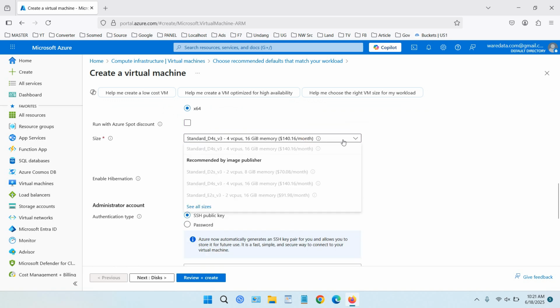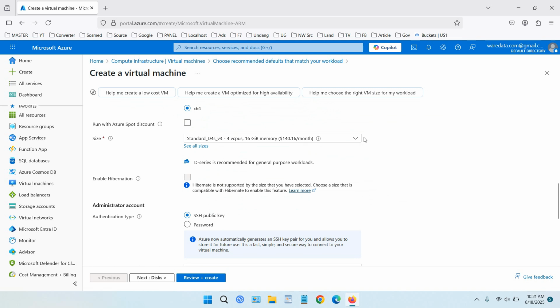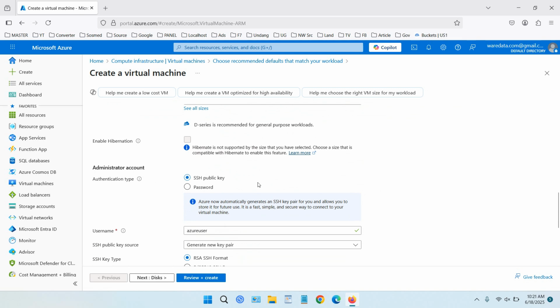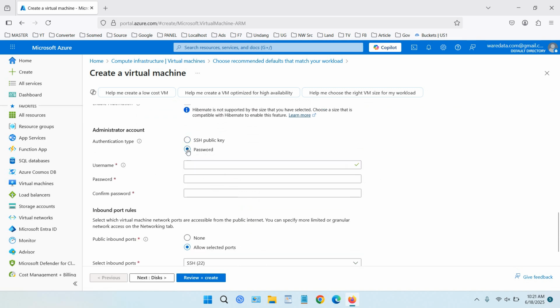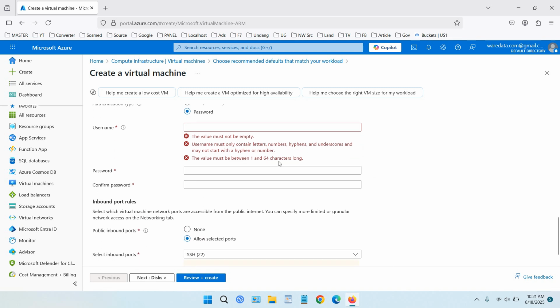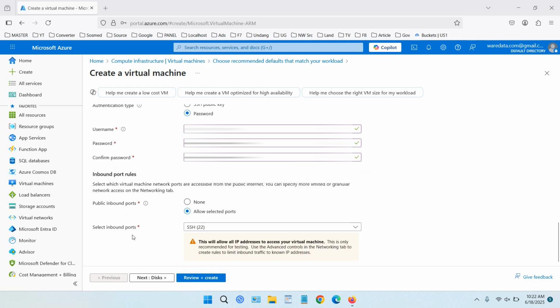You can see there is $140 per month, and the administrator account, this is using a password. Okay, we will set the password. This is private, so I will censor this. You can select inbound port using SSH port 22. Next,